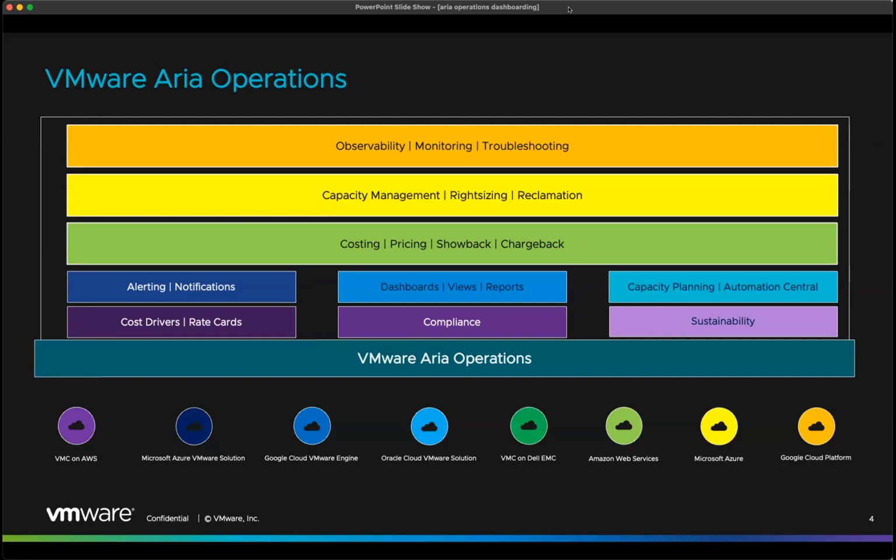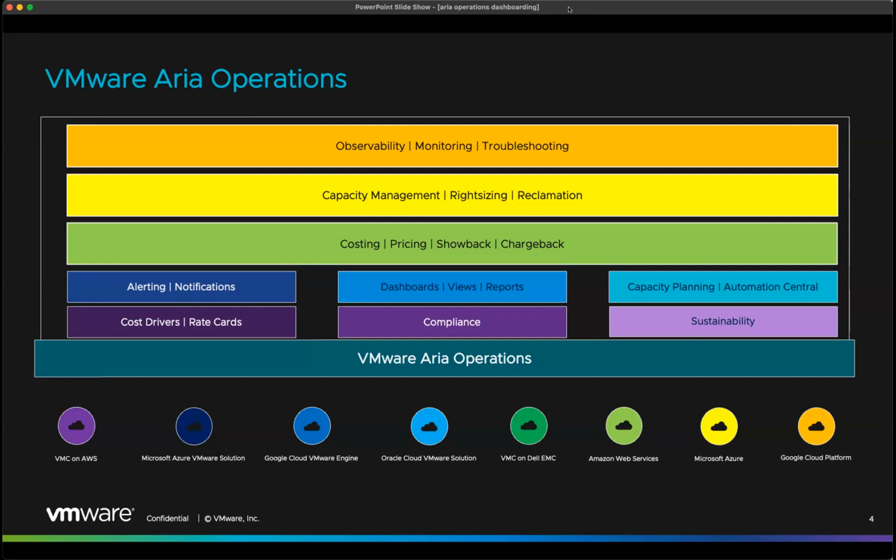So like I said, at its core, it's a data analytics engine. What does that mean? What do we do with that data? How do we provide that back to users? Going back to the pillars of operations, the very first use case that most customers have is observability, monitoring, troubleshooting, right? And I see a bunch of my customers on the call, and we've gone through troubleshooting